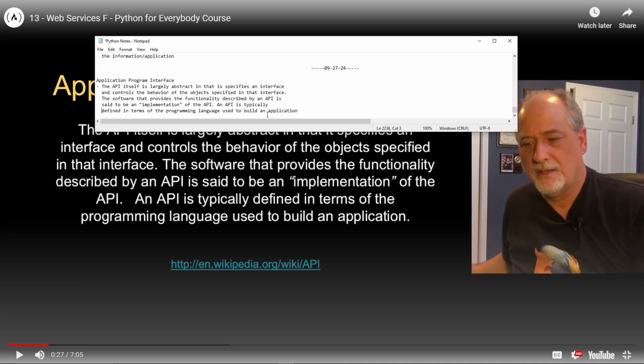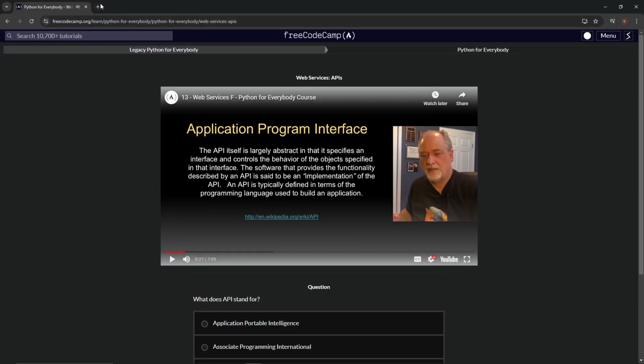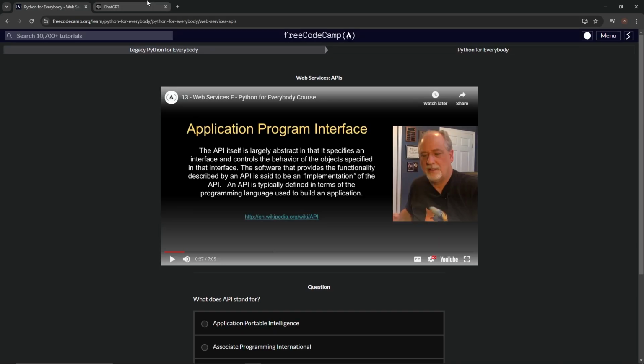You know what we're going to do with this? We're going to be real cool, real 2024. We're going to bring this over here to make sure everything's cool. And we've got ChatGPT right here.